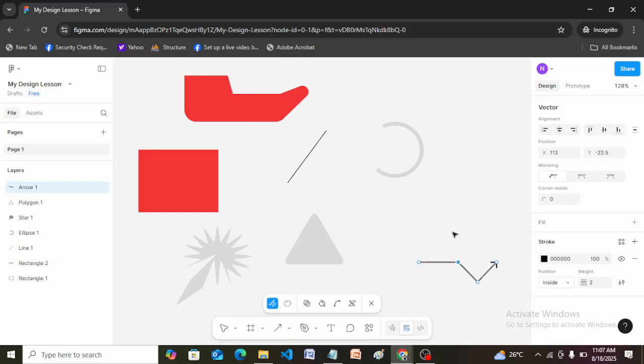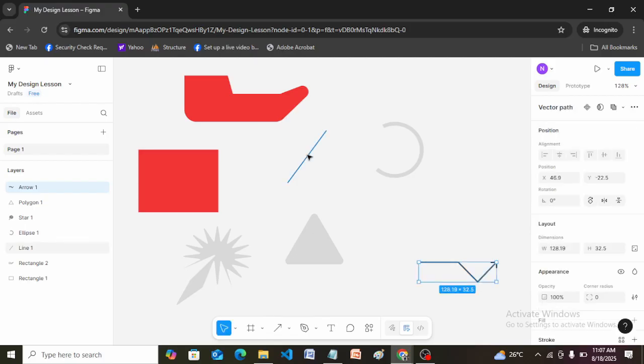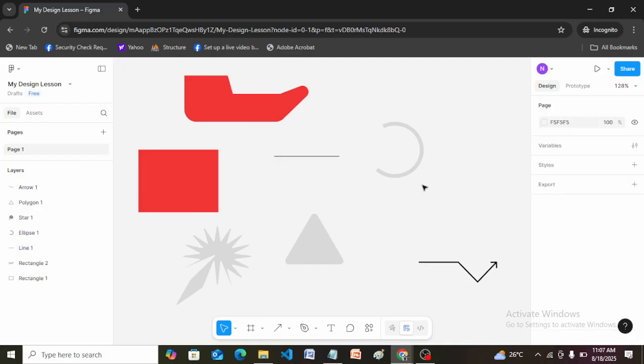So the same thing with the line. This line is not straight. I can just hold it, click on it, and give it 0 degree also to make it straight. Another thing you can do on this